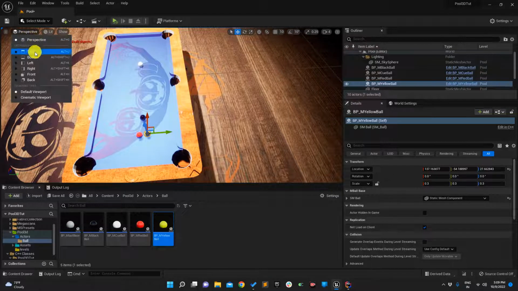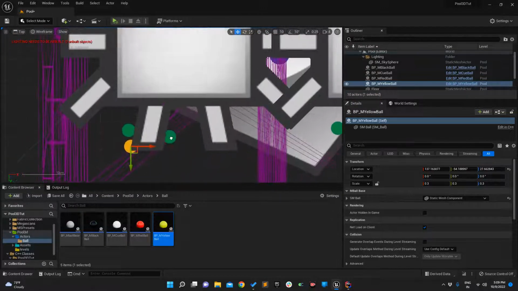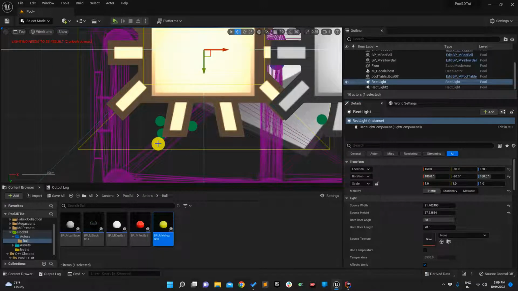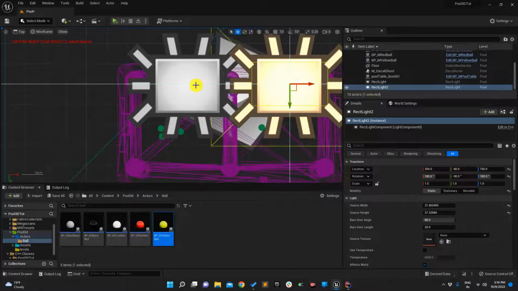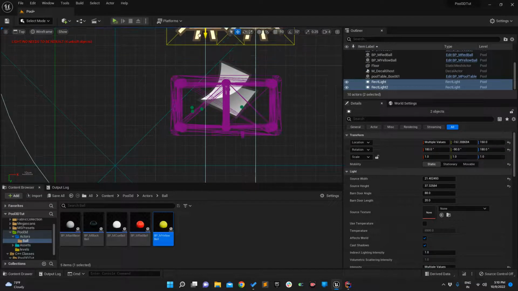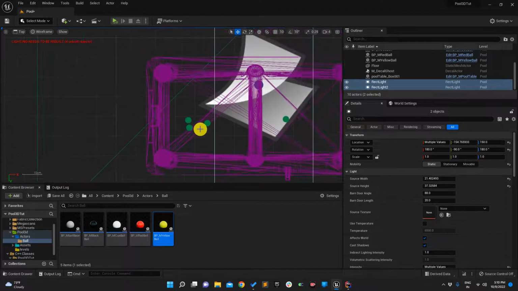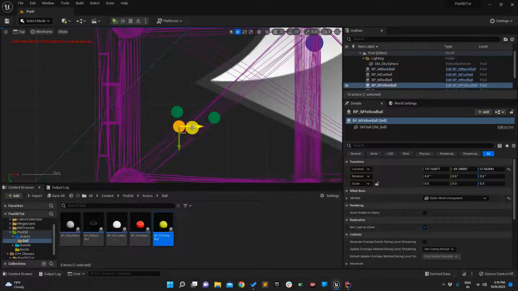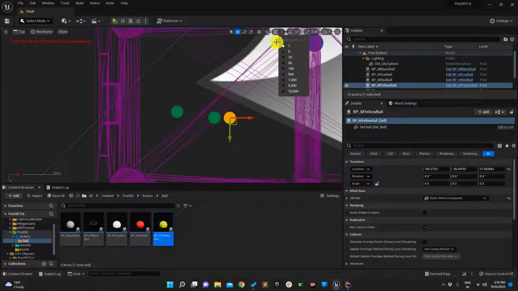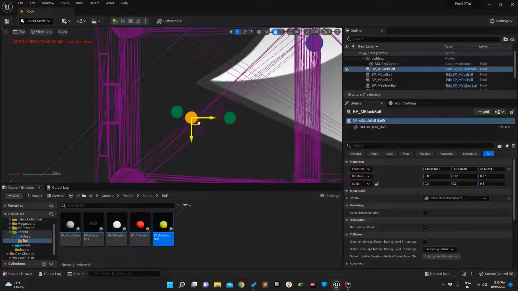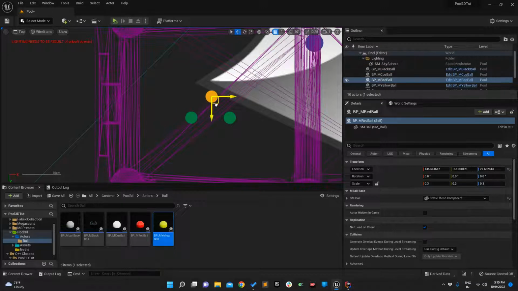So let me switch it to the top view. Let me put them aside. So this is the black, this is yellow. So what I will do, let me switch that grid to 1 and switch it on. Okay, black will go here. This is red. Okay, pressing alt just to